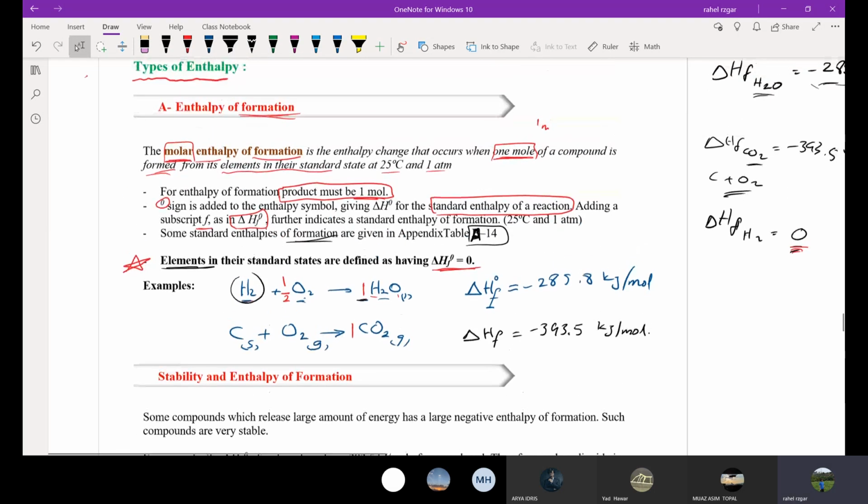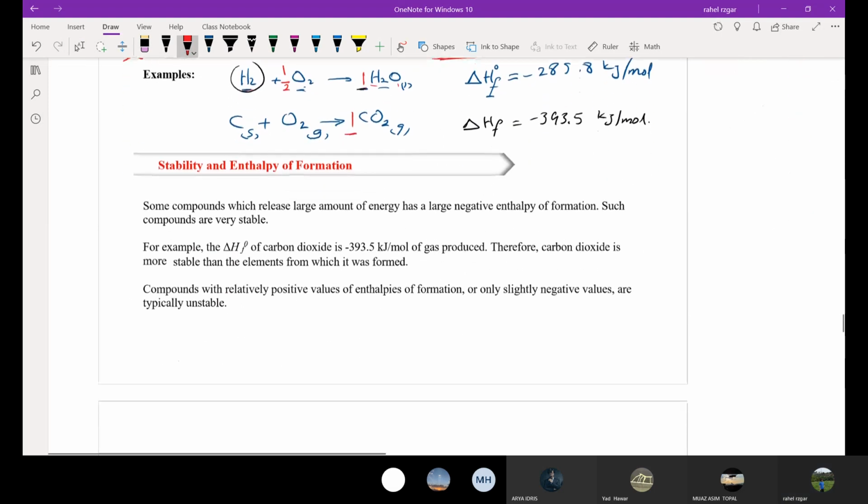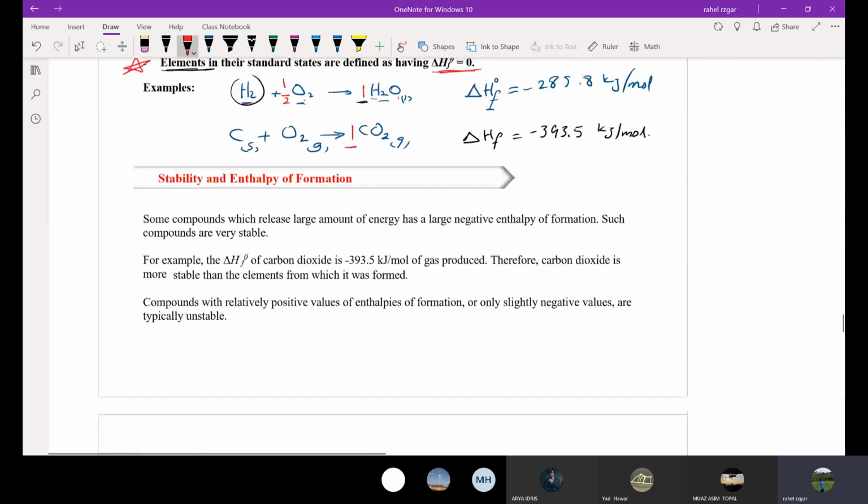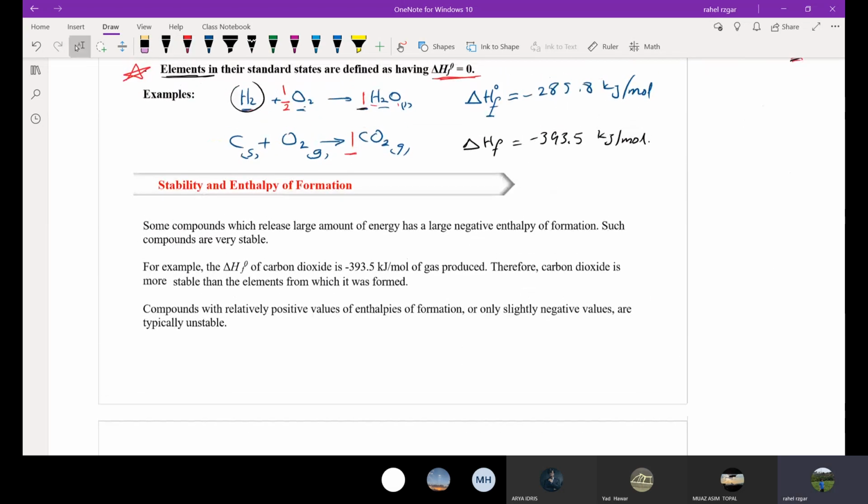So that was enthalpy of formation. We look at the product, it is important. Now, stability: the relation between stability and enthalpy of formation. Some compounds which release a large amount of energy have a large negative enthalpy. If it releases energy, it has a large negative enthalpy, and such compounds are very, very stable. For example, H2O, since the enthalpy of formation of